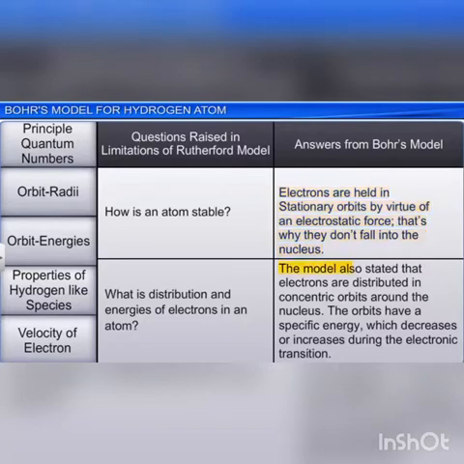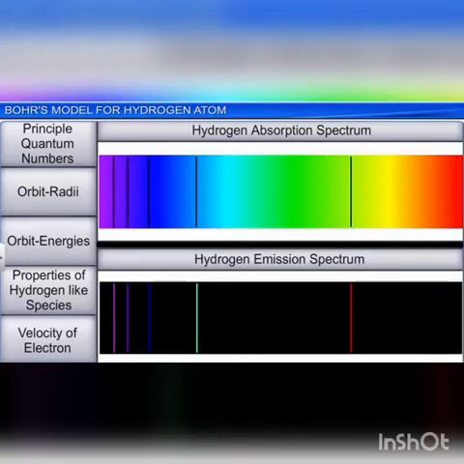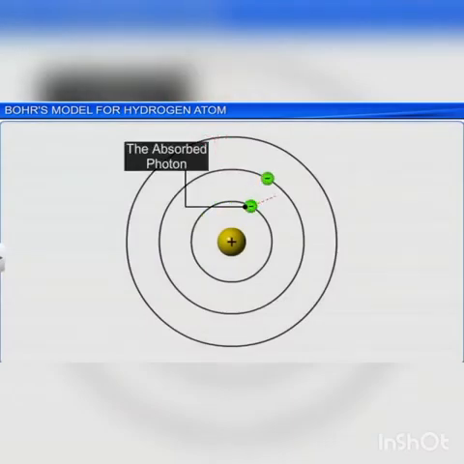The model also stated that electrons are distributed in concentric orbits around the nucleus. The orbits have a specific energy, which decreases or increases during the electronic transition. In addition, it helps to quantitatively explain the emission and absorption line spectrums of hydrogen and hydrogen-like species. Let's see how. According to the second postulate of Bohr's model,